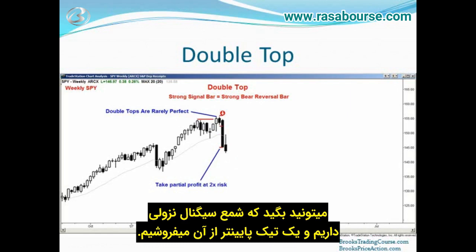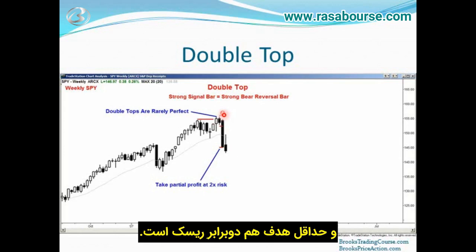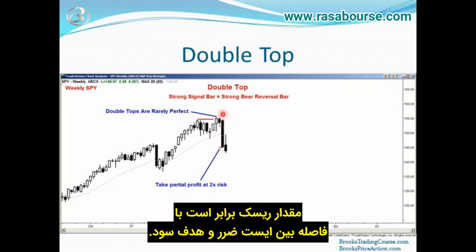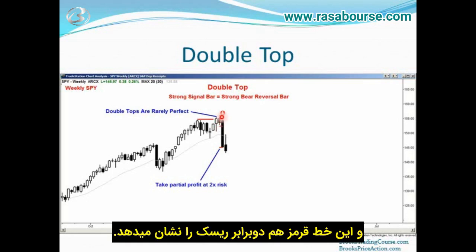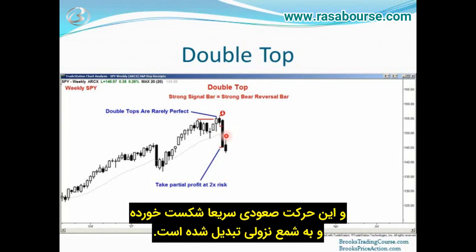You could argue that we have a bear signal bar. So you sell one tick below, and you put a stop one tick above, and your first target could be 2 times your initial risk. So that's your initial risk from your entry price to your stop. This red line is 2 times that risk, and you can see a lot of traders took profits here. That's what caused this rally up to the moving average, and the rally immediately failed and became a bear